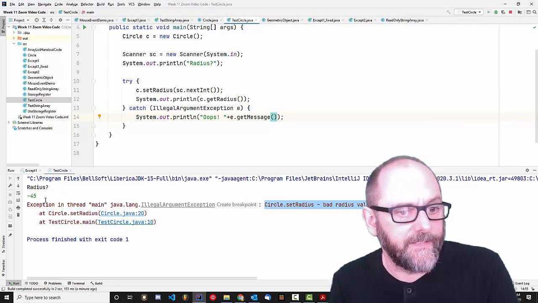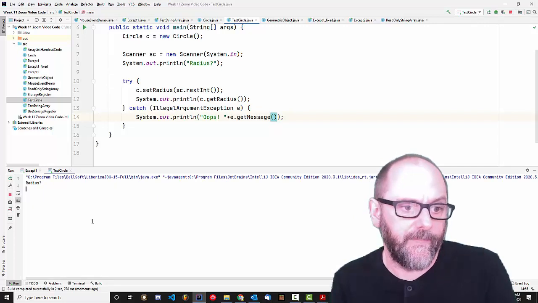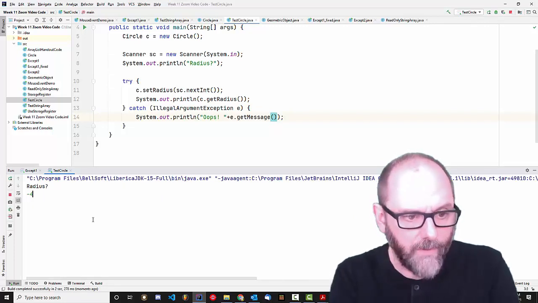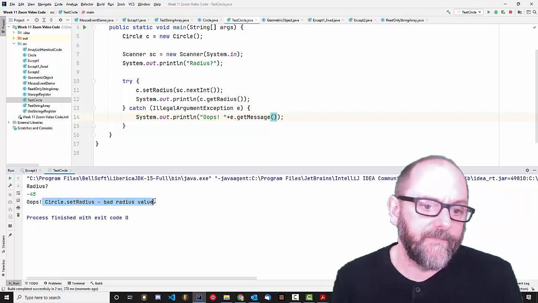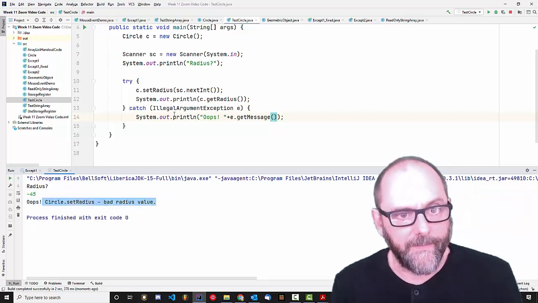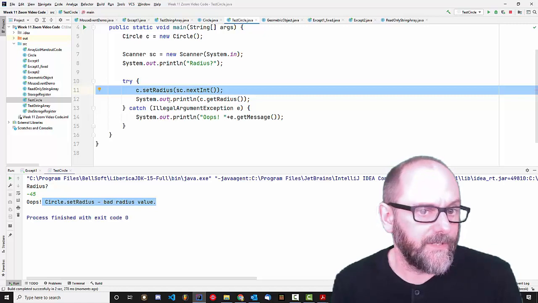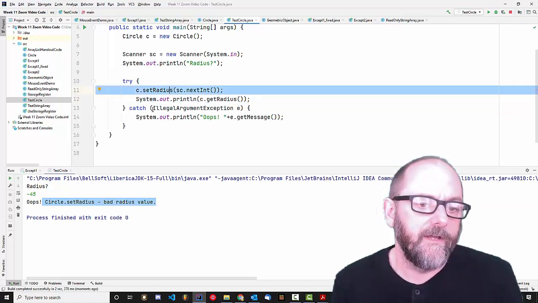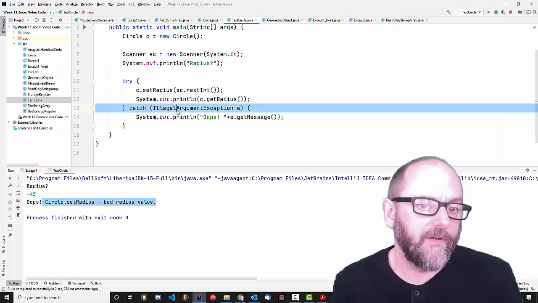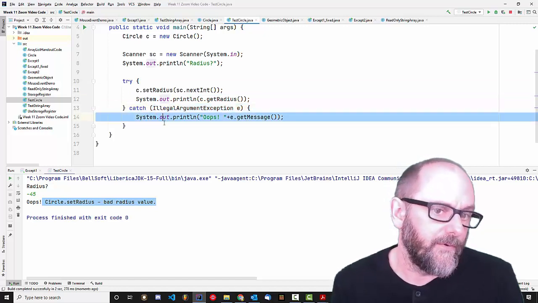So now when I run it, instead of getting a stack trace like this, a big ugly red block of text, we're going to get a more graceful oops, and then this is the message that came back with the exception. So this line threw an exception. That means this line didn't get executed. It paused here and went straight over to the catch block, found the one that matched, and then printed out